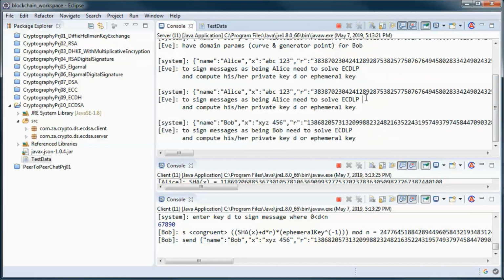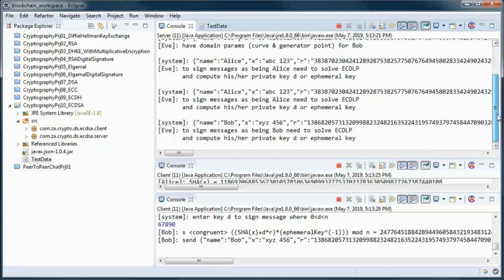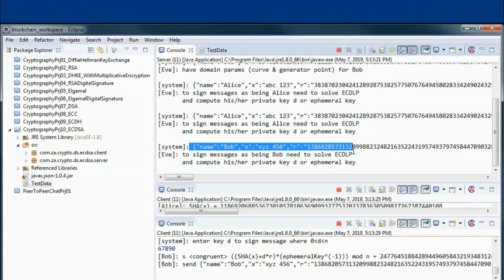And in order to sign any message as originating from Alice or Bob, she needs to solve the elliptic curve discrete logarithm problem and compute Alice's private key d or the ephemeral key of that message, and same thing in Bob's case.